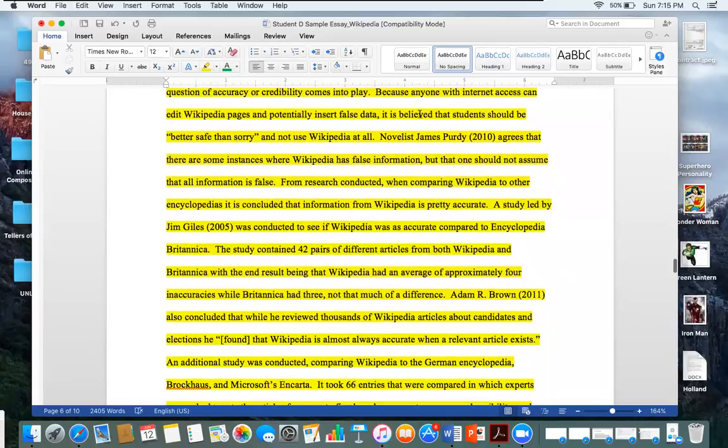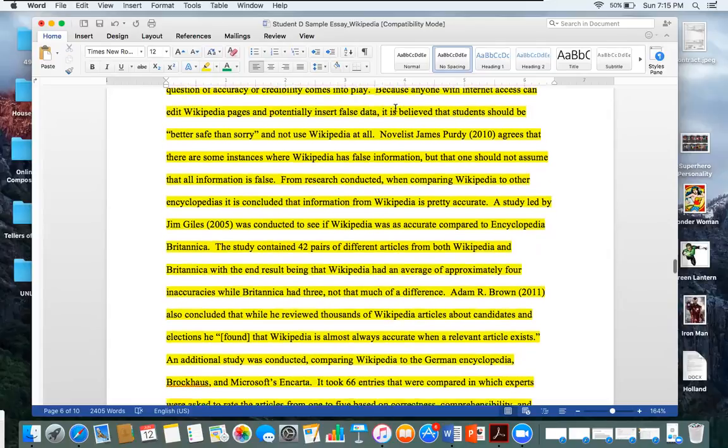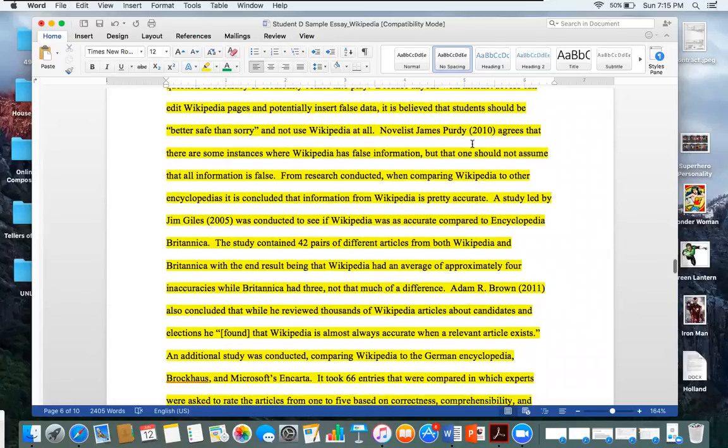This student gives us some context for why we might think that, or why it could happen that there's some inaccuracy on Wikipedia, because anyone can edit it, right? Then the student starts with a quote from, or some information from James Purdy about the idea of Wikipedia having some false information, but not all false. And so that's actually a paraphrase of James Purdy. And then the student gives us a